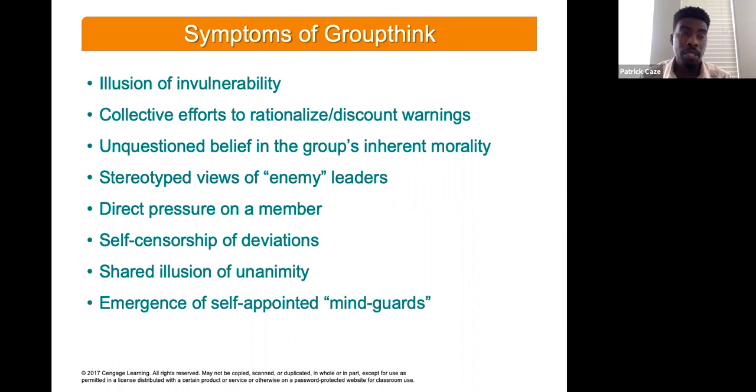A good example of groupthink definitely predates all of us, right? But if you look at the Bay of Pigs in Cuba, and that whole situation with Russia and the United States, you will see how groupthink almost caused us to get into a war. Okay. And so you take a look at that particular case scenario, and that'll give you a good example of groupthink, and how groupthink can go extremely wrong, very quickly. Okay. Fortunately, it didn't amount to a full blown war, but there were some pretty tense moments in that situation.